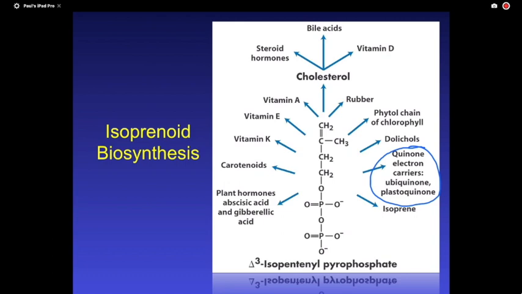We also see that this is used in plants quite often, where we have chlorophyll, rubber, and all the vitamins that are derived, vitamin D, beta carotene, and so a lot of structures that we use are based upon this